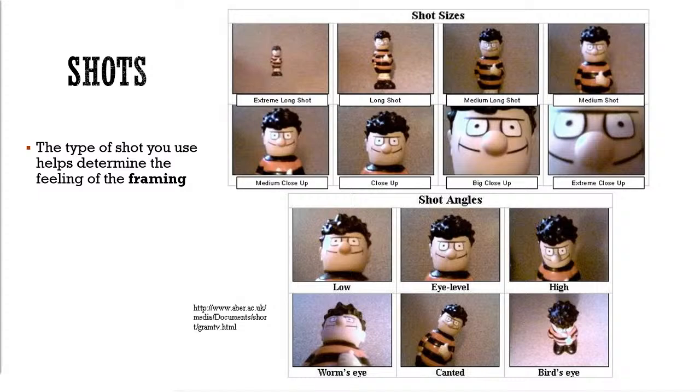Bird's eye: I'm at the spelling bee and I'm super nervous, in this context that makes me super nervous. So bird's eye could be that the character is very small on the screen, and then there's a crowd around them. So you can do all kinds of things with shots, but it's all about storytelling.